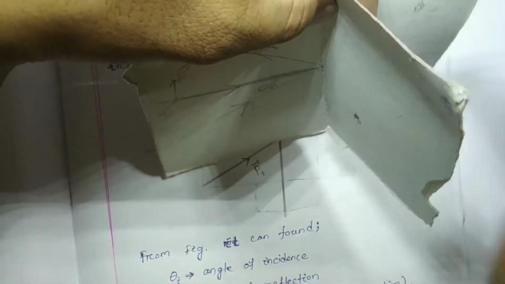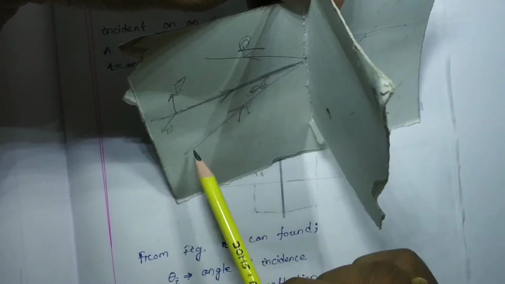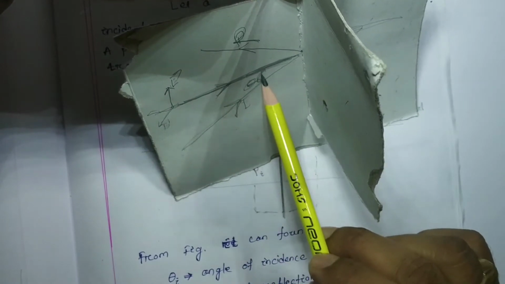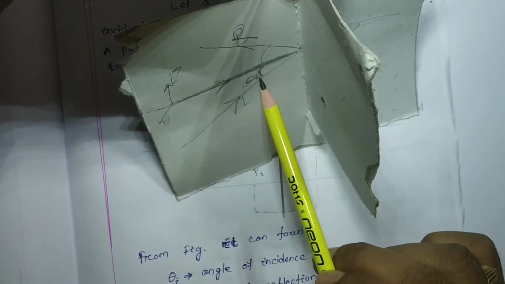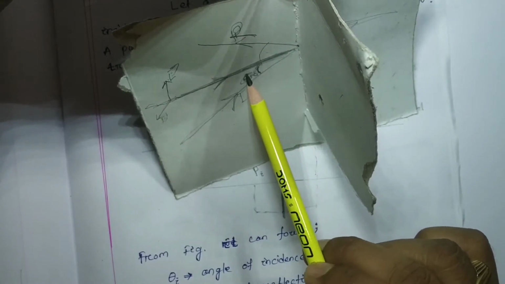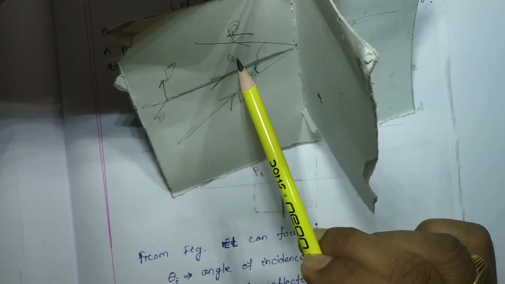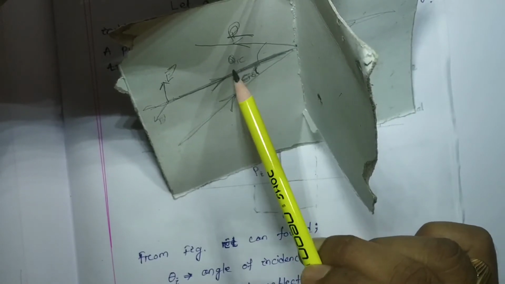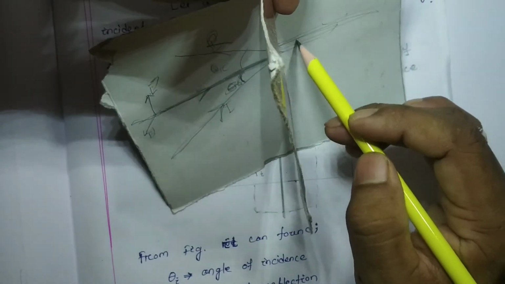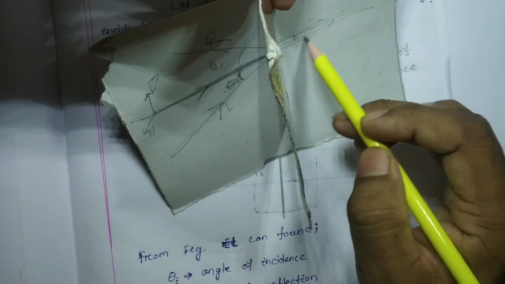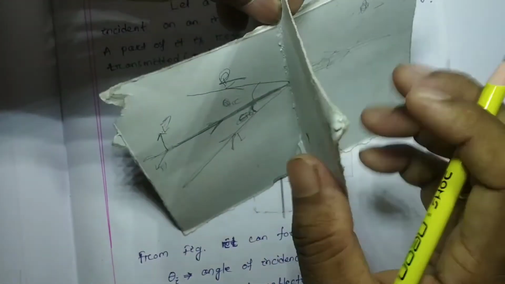When the electromagnetic wave strikes the interface obliquely, that means with an angle theta with the normal, it is incident with angle theta and reflected with the same angle, let this be theta r. On this side it will transmit, so it will be the so-called transmitted wave, and the corresponding angle will be called theta t. That is what we are going to discuss. So this is called your interface.